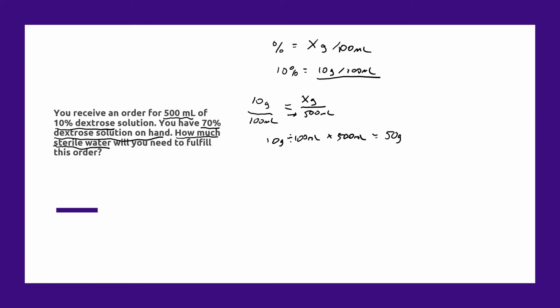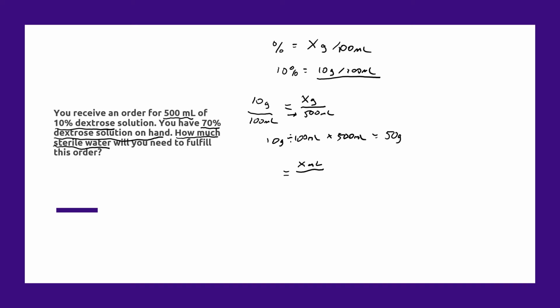So again, we can set up another proportion and say, okay, if we're going to have 50 grams total of dextrose in our 10% solution, 500 mLs, how many mLs of that 70% dextrose solution are going to provide 50 grams of dextrose? So in this case, what we need to solve for is milliliters of that 70% solution. So how many milliliters